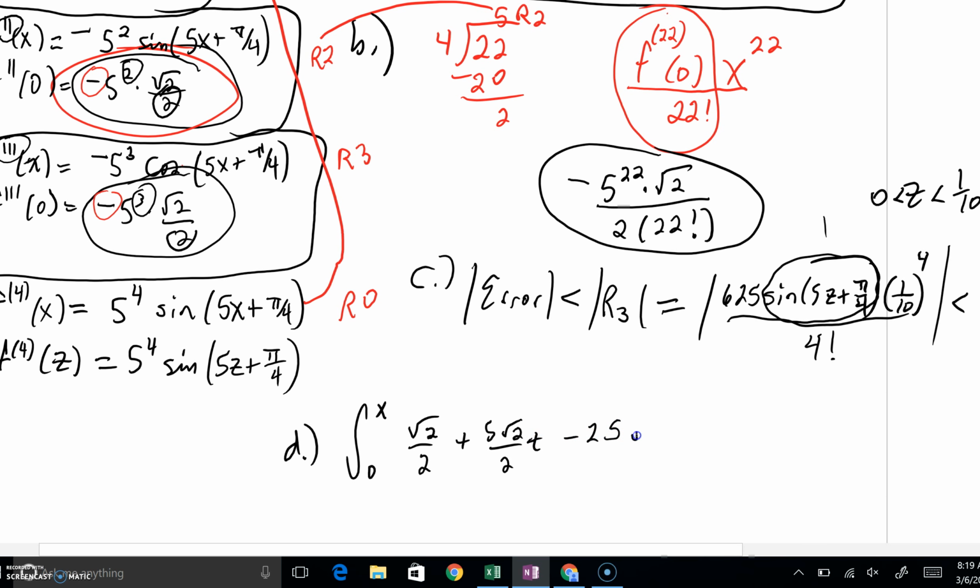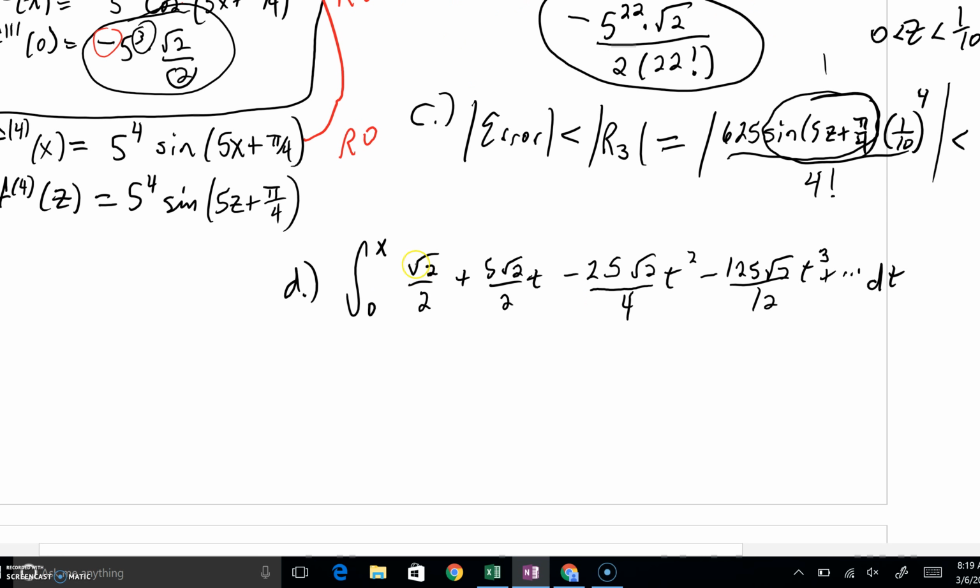I'm writing down my answer for part A with dummy variables. But you see, this is a 3rd degree Taylor polynomial. It's part of that infinite expansion. And they're asking us to integrate this really term by term by term. We're going to integrate this with the fundamental theorem. What's the antiderivative here? You'd get root 2 over 2 x plus 5 root 2